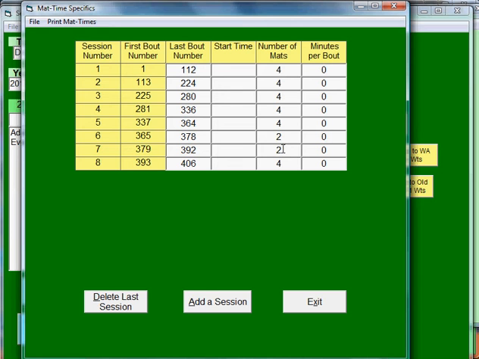I'm going to have 2 mats for that and 2 mats for 3rd place and then 1 mat for the finals. My times. In the first round I want 6 minutes. If I hit enter it fills in the rest. Well, I want 7 minutes here because this